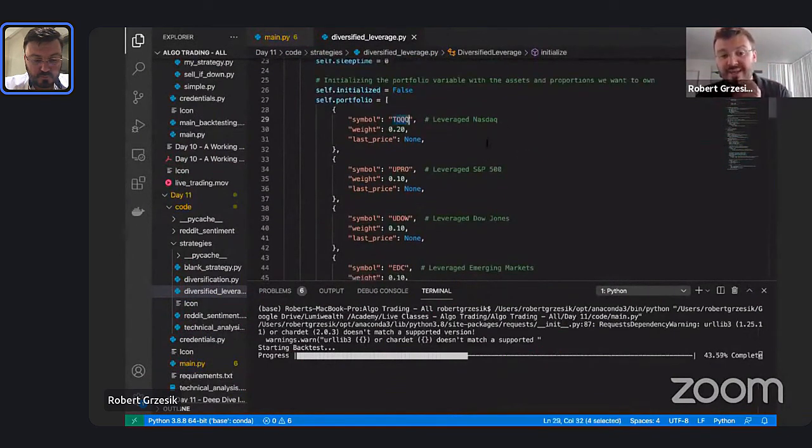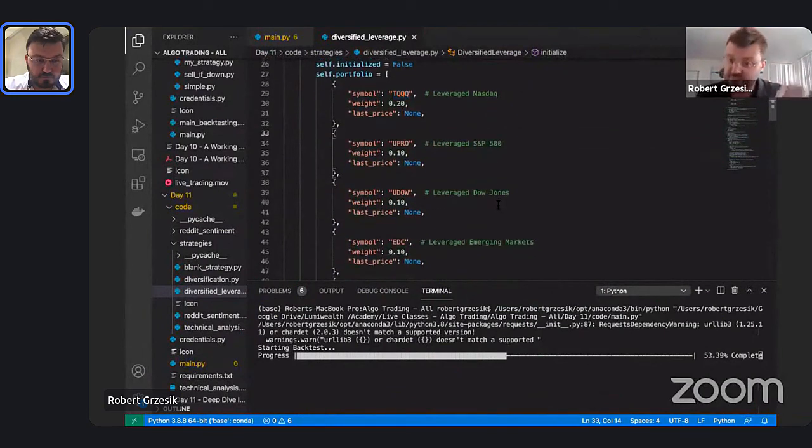We're in the leveraged NASDAQ, so TQQQ. It's the triple NASDAQ, so 3x the returns of NASDAQ. If you look at the stock chart on this thing, it's wild. It's like up 1,600% in 2 years or something like that. It's crazy, but of course it also has its risks. There's a downside as well, so we want to protect against that.